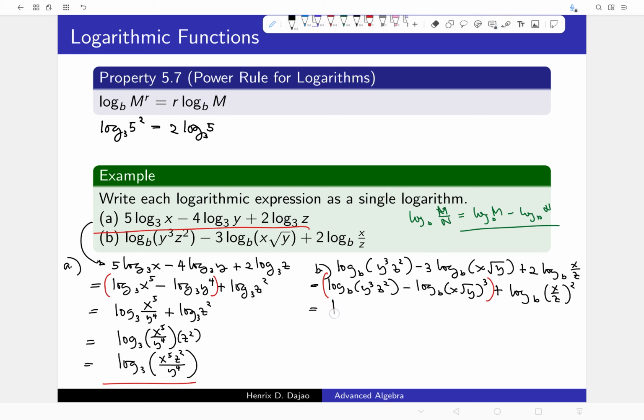So that becomes log b of y^3 z^2 over x square root of y raised to 3, plus, just copy the remaining expression, and then we will combine using property 5.5. That's the product rule. So when this is plus, meaning we're going to multiply this one. So this will become